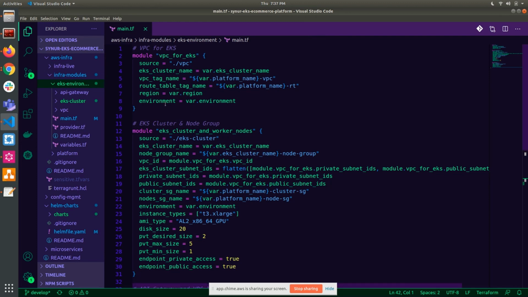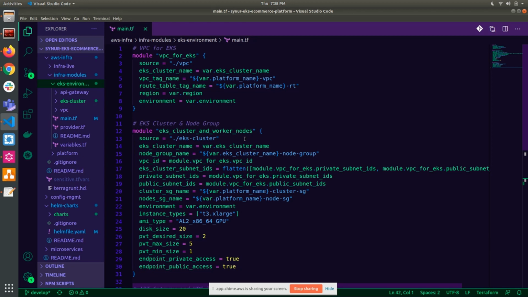So what we've got over here are the two main modules. In this module over here, which is essentially a grouping of all the relevant resources for particular things that I want to deploy, in this case, I've called it VPC for EKS. So this module contains all the resources for the networking infrastructure that I want to have set up for my EKS cluster.